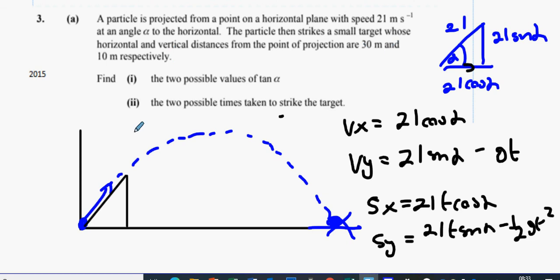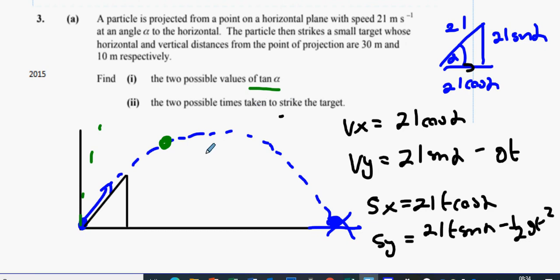Do we know if it's on the way up or the way down when it hits the target? Would you agree both is possible? Like I could send it high and it could hit the target on the way down, or I could hit the target on the way up. That's why there's two answers. Okay, that's why there's two possible values of tan alpha. Nextly,